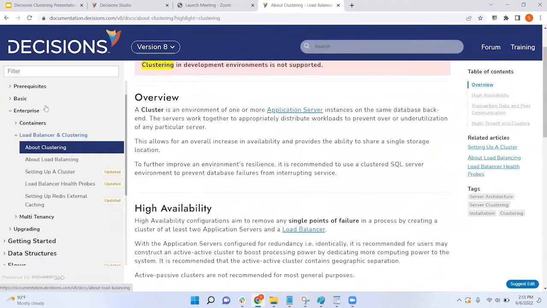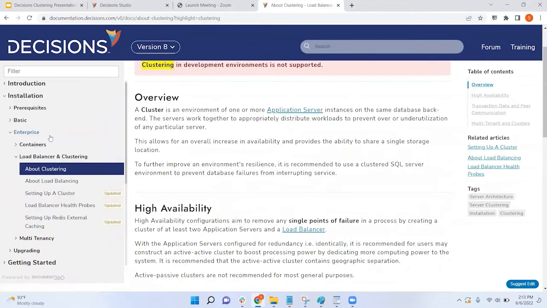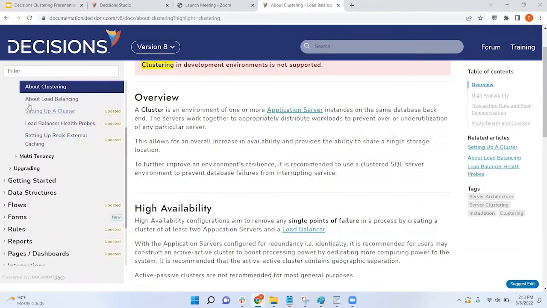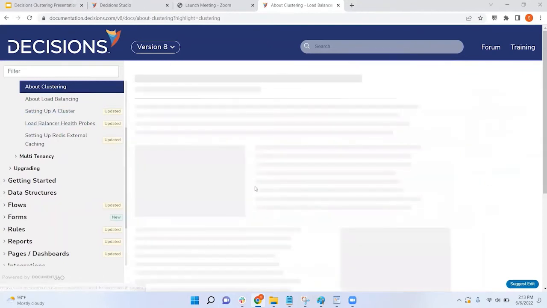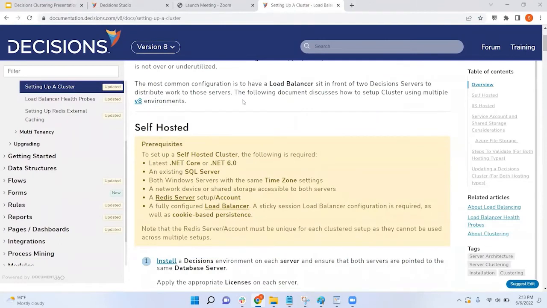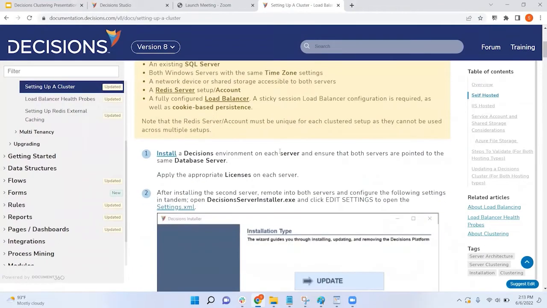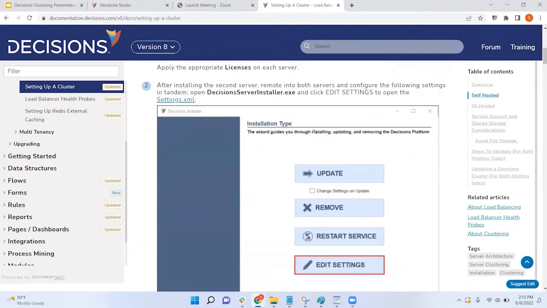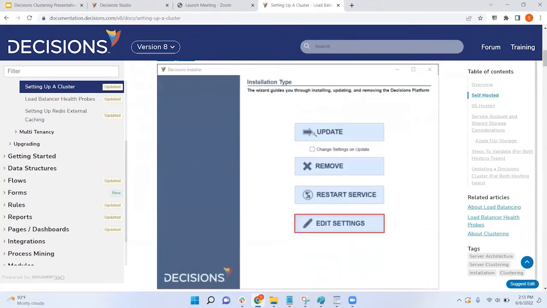So in the left navigation pane, you can see the tree architecture, and you can see the grouping of this topic across the categories. And we are interested in setting up a cluster. I'll click on setting up a cluster. Here you can notice the details, the prerequisites, and the step-by-step method with all the